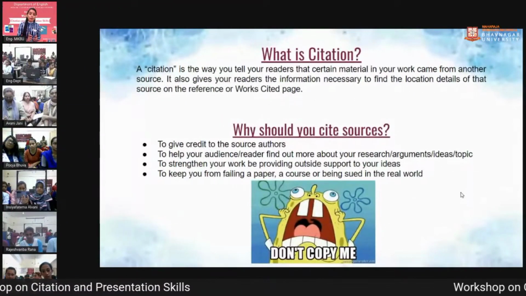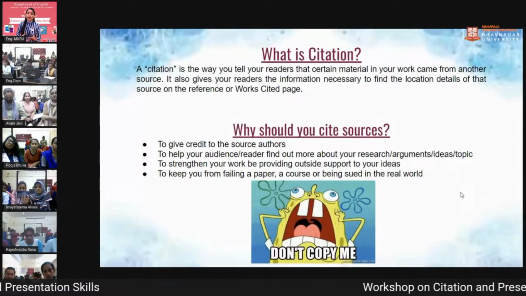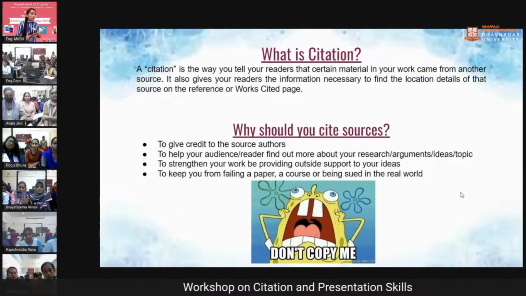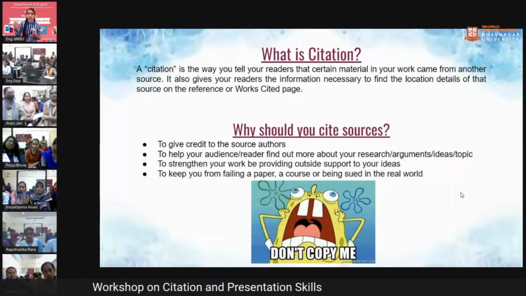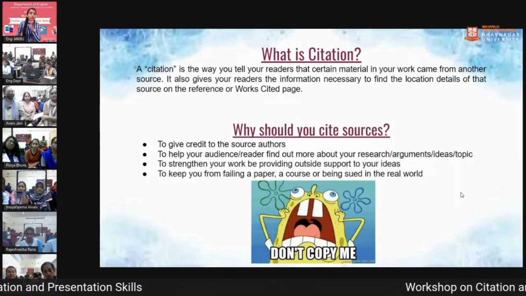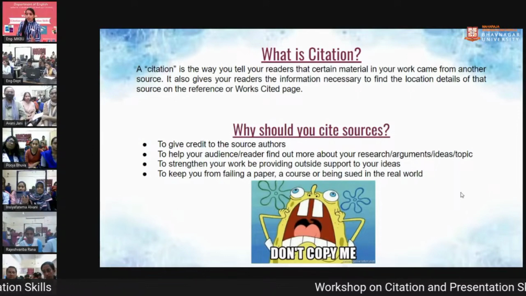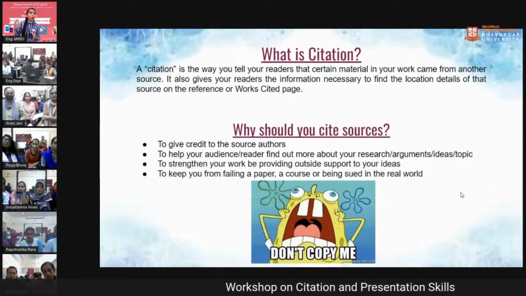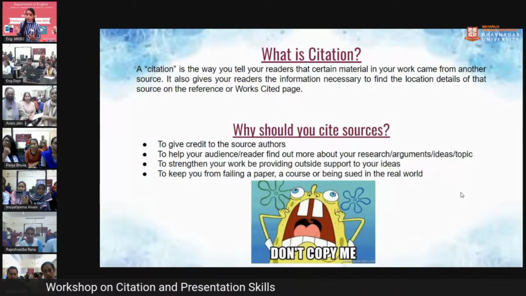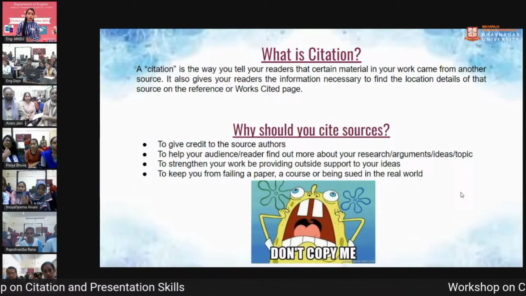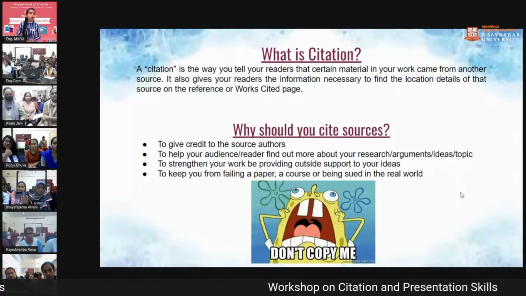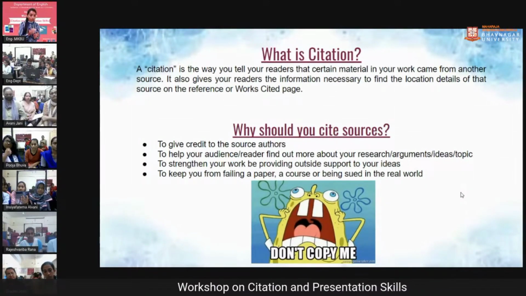To help your reader find more about your research argument, ideas, or topic. When we are copying something from another's article or paper, we are not copying the whole article. So if someone likes that idea, through our citation they can go to the original article and read more about that particular topic. To strengthen your work by providing outside support for your ideas, to give strong support to your argument,